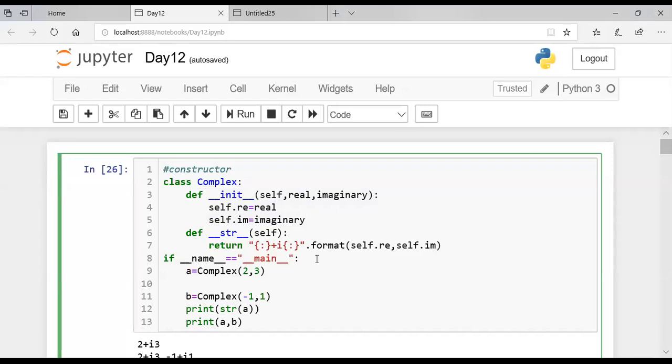And the second method, the second dunder function, is called str. Dunder means double underscore before and after the name of the function.